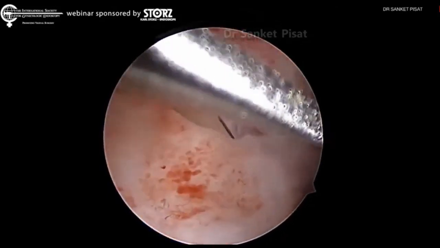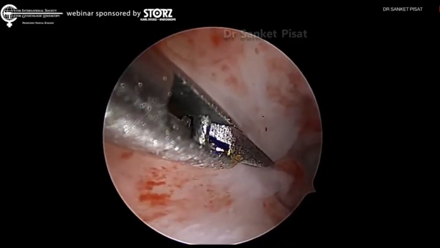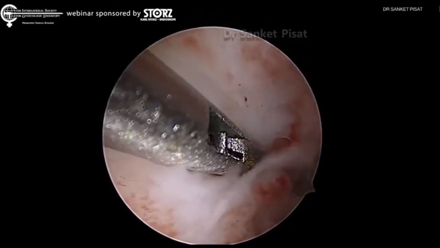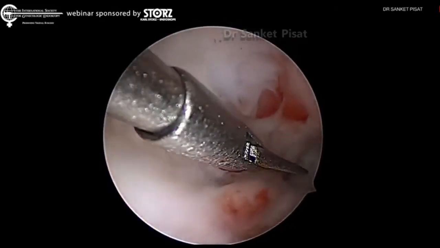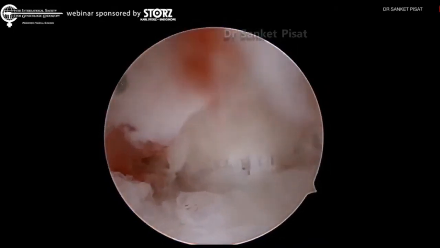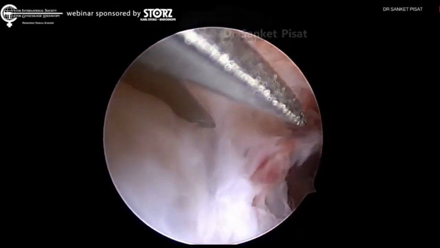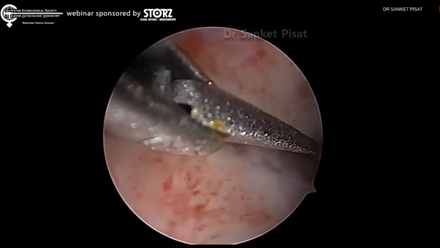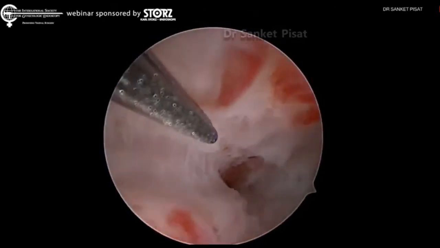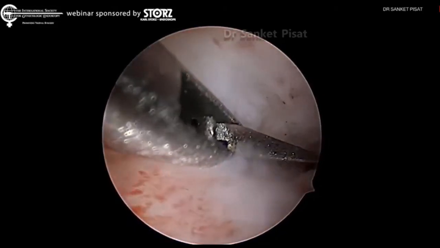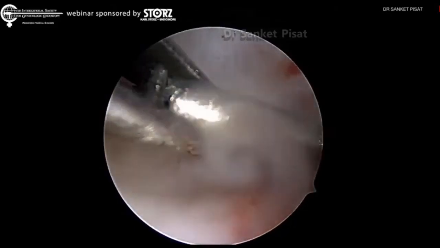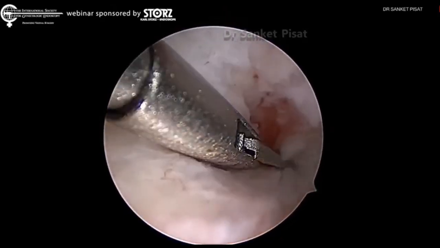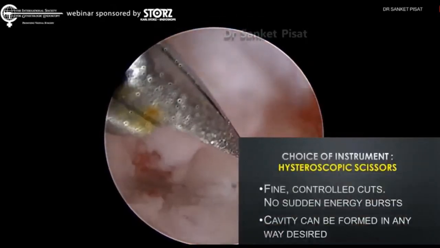right uterine wall. As we saw on the left side, a similar procedure is done on the right side, making small nicks into the uterine wall in an attempt to make the uterine wall leveled and to cut off the excess bridge of tissue which is separating the anterior and posterior walls over the lateral wall. As these cuts are successively deepened, the fibrous tissue starts giving way to more and more muscular tissue until such a point is reached where we are now able to see the openings of the blood vessels, which are seen now behind the scissors.